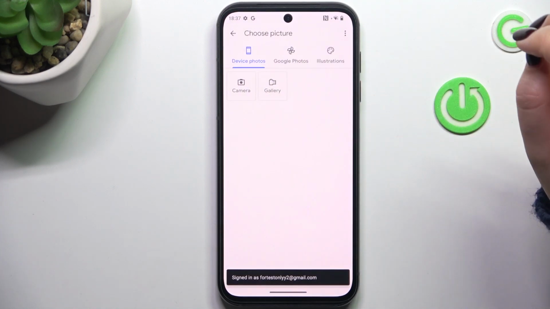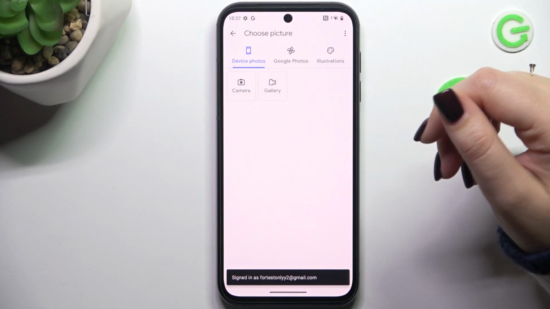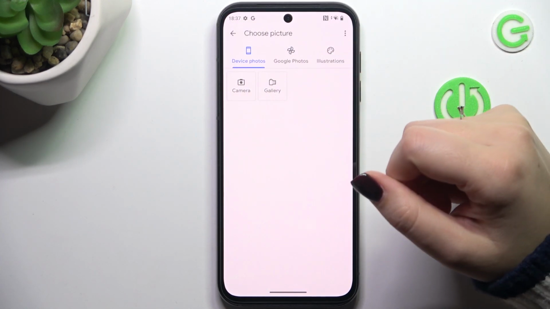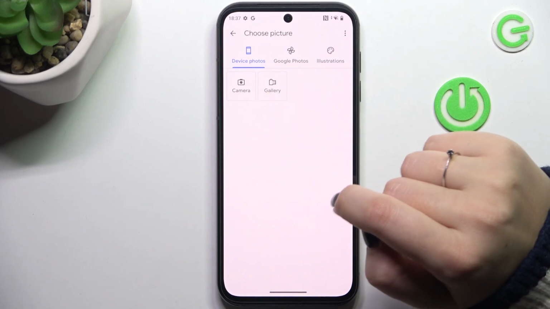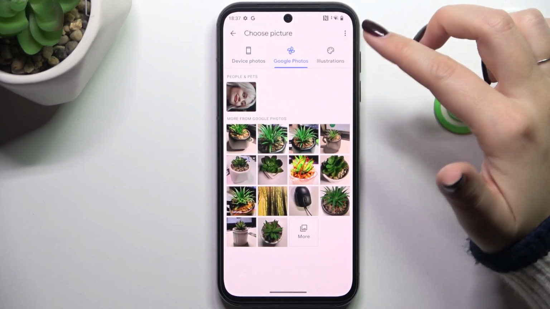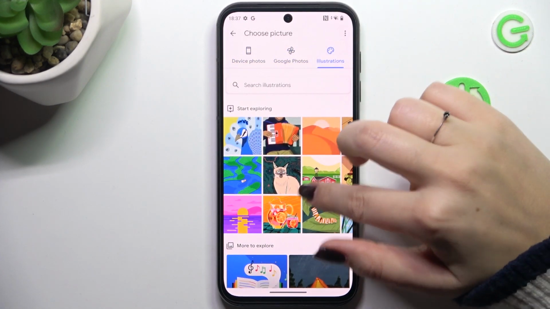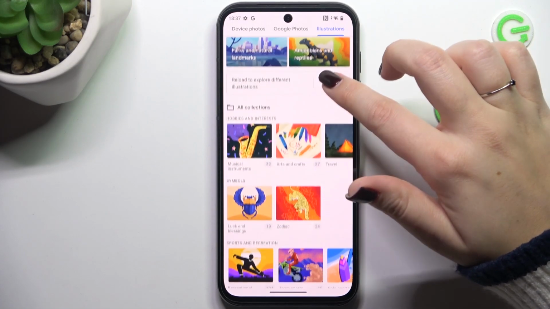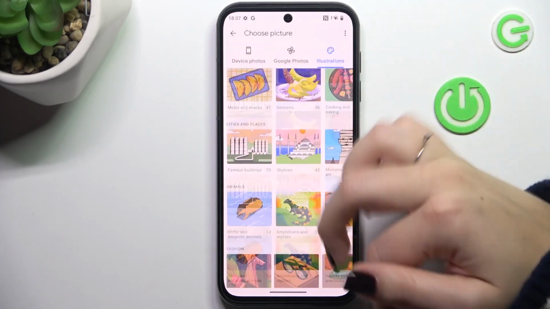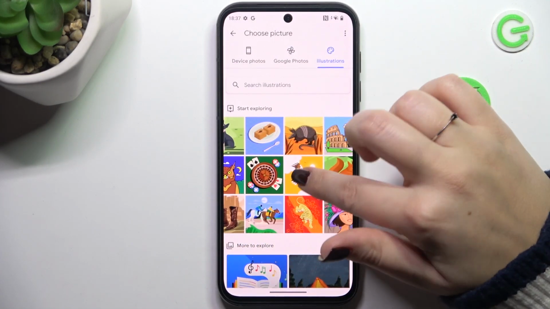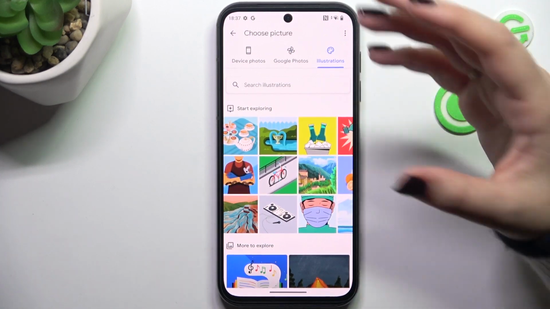So let's simply tap on add picture, and here we've got different sections. Device photos, we can choose from our own gallery or open the camera app. Google Photos, those which are backed up, and illustrations, which are available online. They are free of charge, and you can simply find something which resembles you or the person whose contact you'd